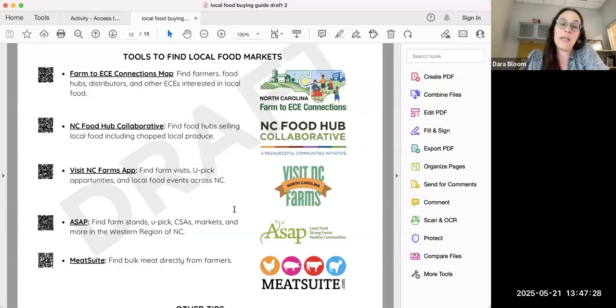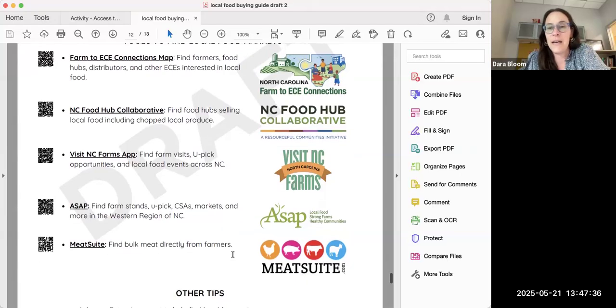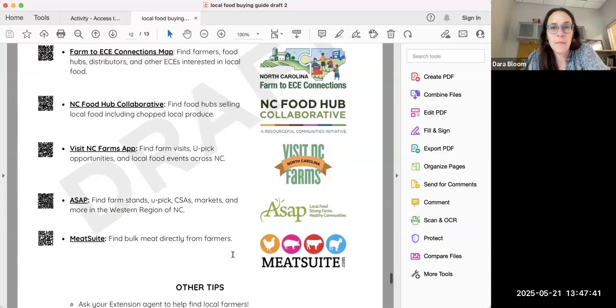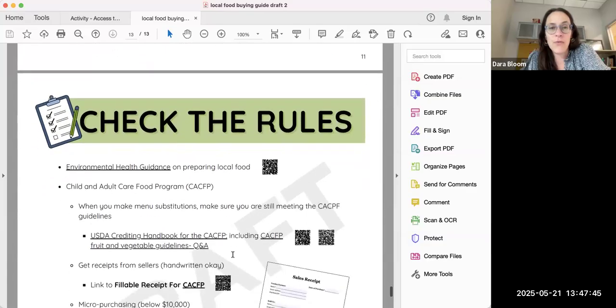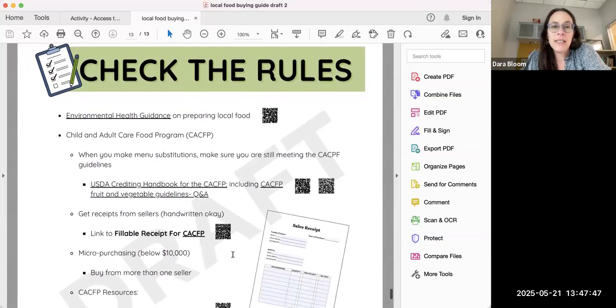And then ASAP, there's a nonprofit partner out in the western part of the state, so probably too far west for you all, but wanted to include them there because they're a good partner. And then meatsuite.com is, as I mentioned, the one that has that bulk meat. Yeah, and so those are our 5 steps, and then we just had a list of